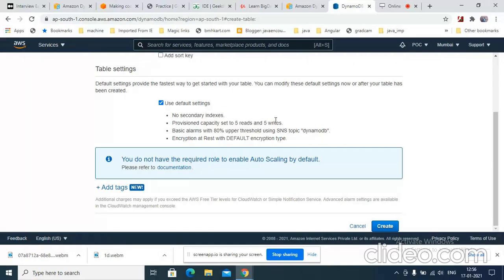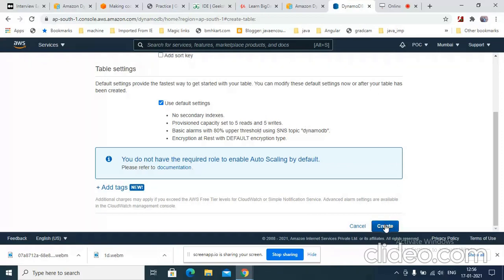If it is crossing a particular threshold, it just increases the capacity. It may be up to 10, up to 20, I mean. So in this way we can increase this. But for this learning purpose, I'm not touching that. And alarms are for when it is crossing the threshold limit. So you can create your SNS, or by default it also provides some SNS, but you have to create it. If you want that, then you have to come out of the free tier limit and you have to enable it.